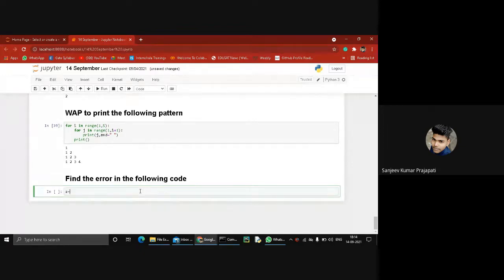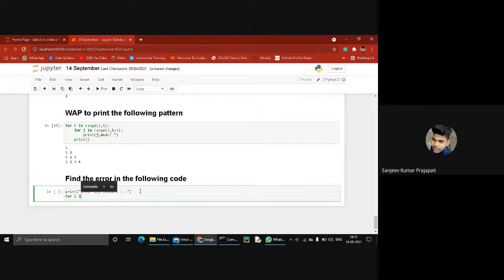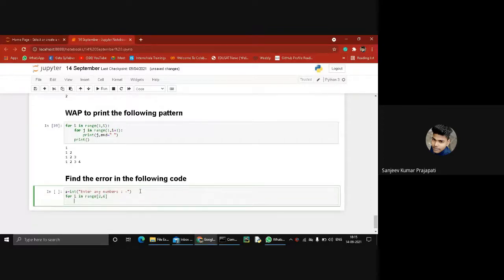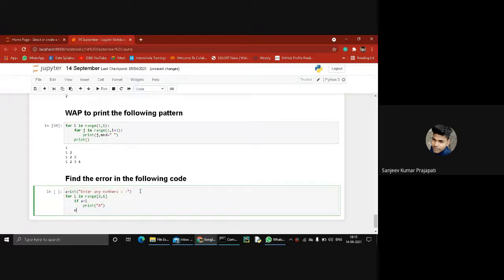My question is a equal to int, enter any number, and for i in range 2 comma 6, and if i is equal to a, equal to i, and again it prints a, and otherwise it prints b.